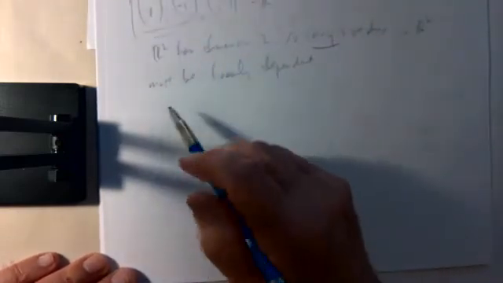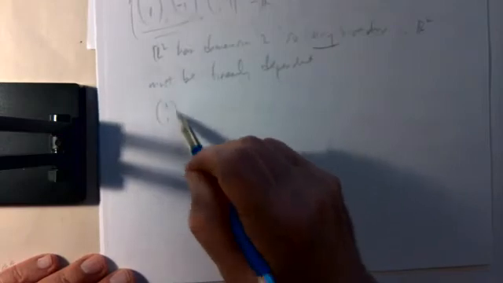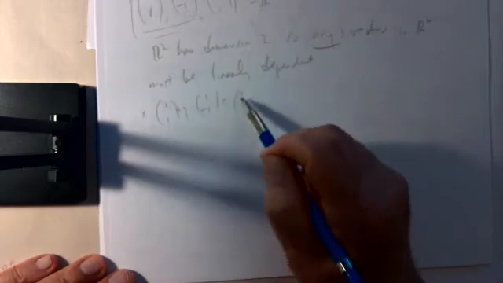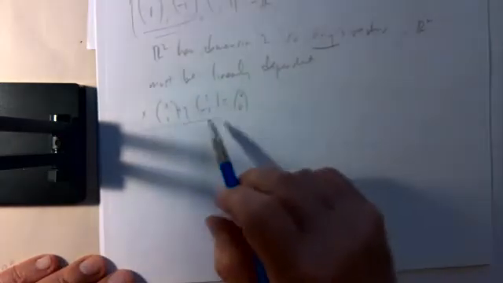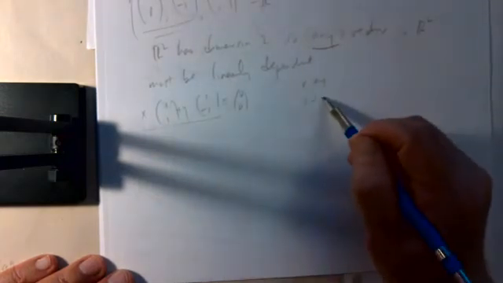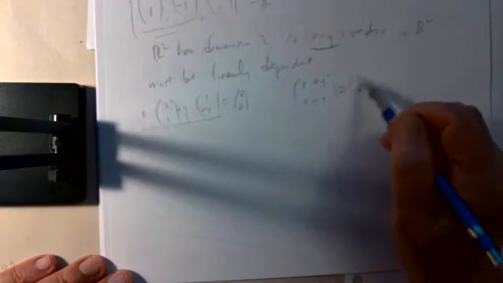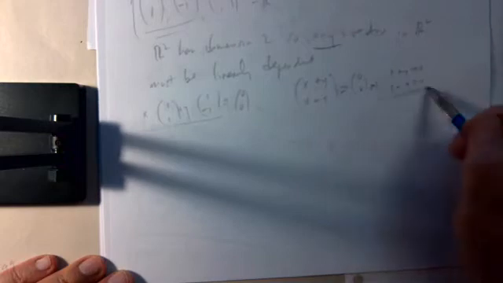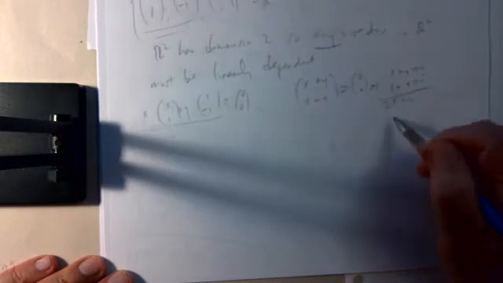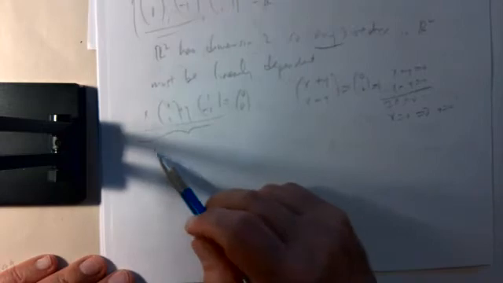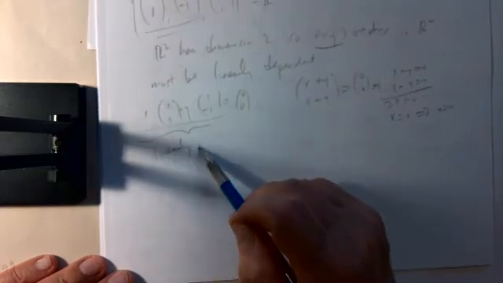Let's just look at the first two vectors. Maybe they're independent. Take (1, 1) and (1, -1). So suppose some linear combination is 0. What is this vector? This is (x plus y, x minus y). If that's 0, then x plus y equals 0 and x minus y equals 0. If you add, you get 2x equals 0, so x equals 0, and so y equals 0. So these two vectors are linearly independent,